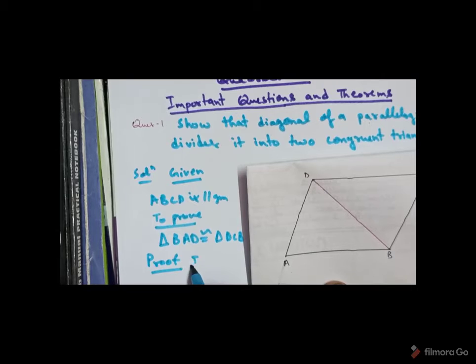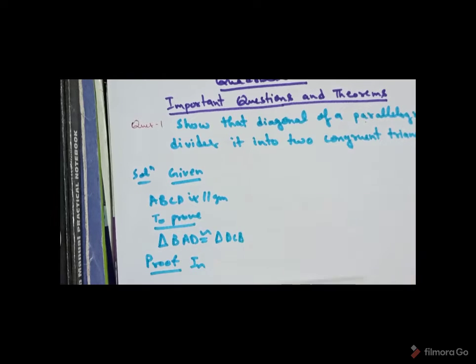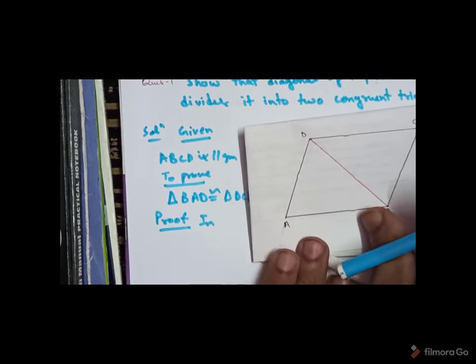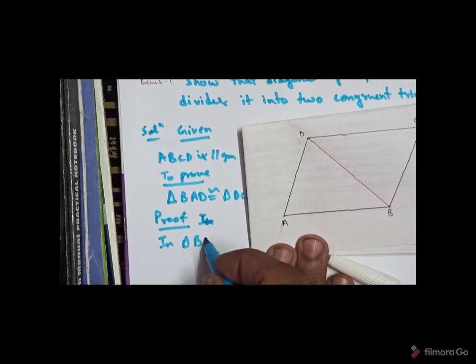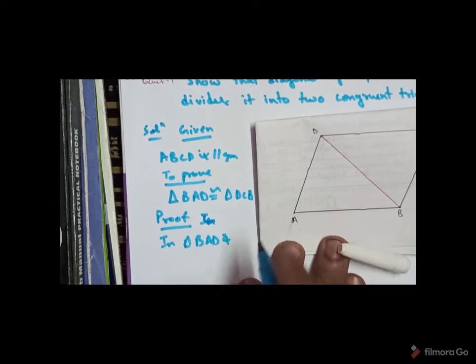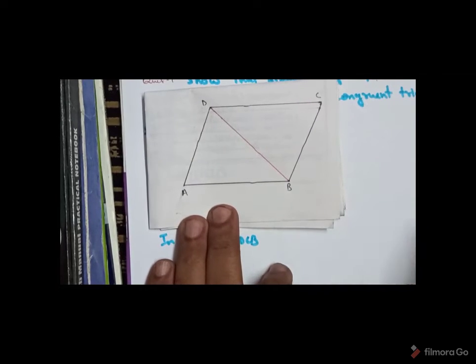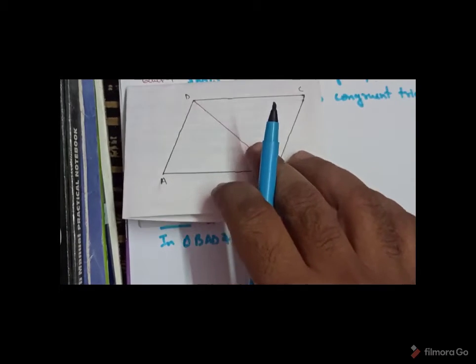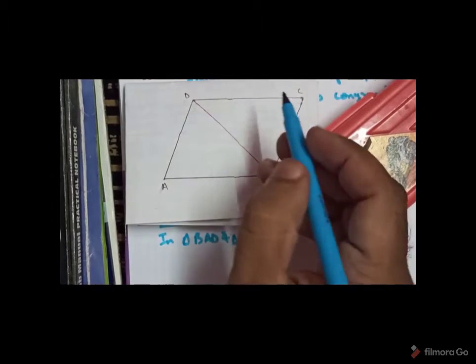we have to take these two triangles. In triangle BAD and triangle DCB, what I need to do is, you can see that ABCD is a parallelogram,